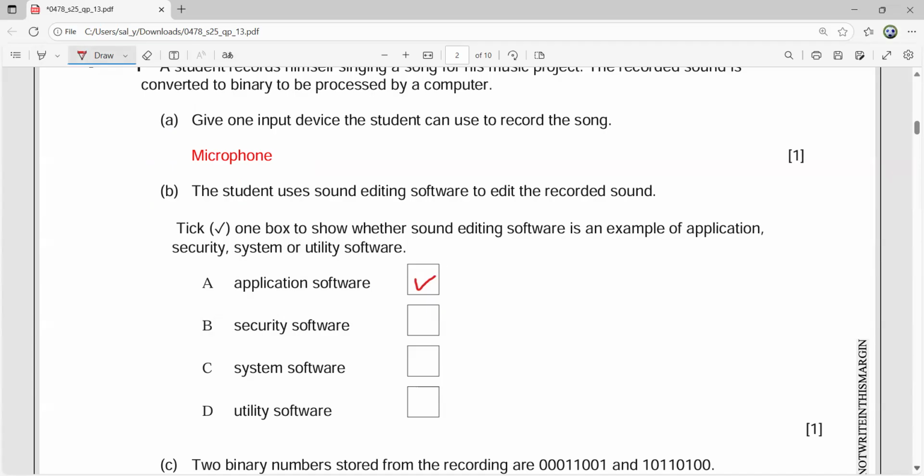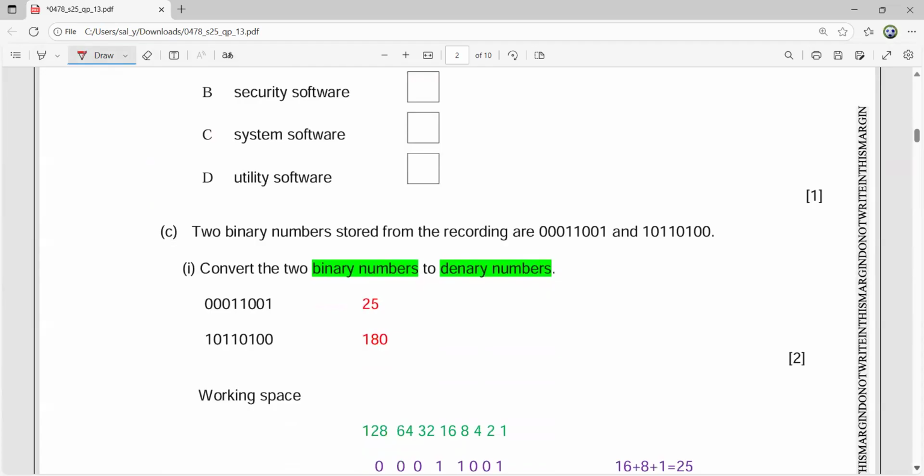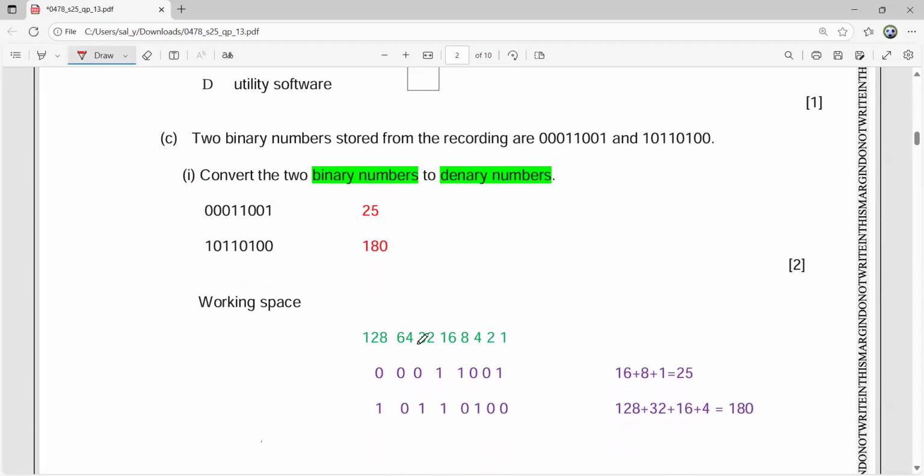Now, the next part. Two binary numbers stored from the recording are 0001101 and 10110100. Convert the two binary numbers to denary numbers. So these are your binary values, and we have written 1, 2, 4, 8, 16, 32, 64, 128.